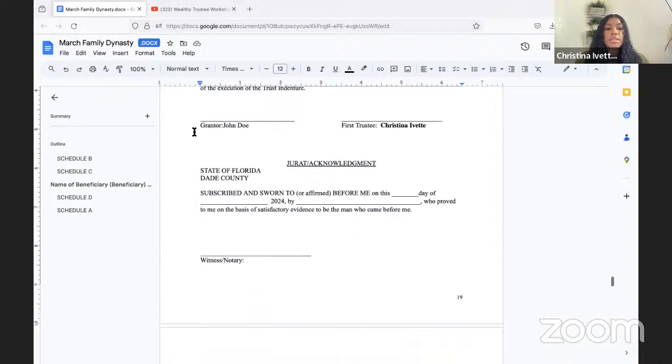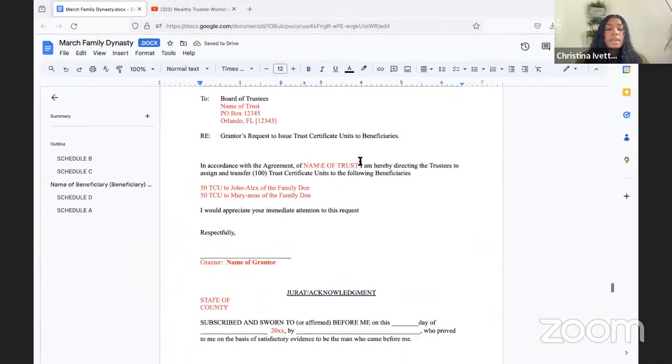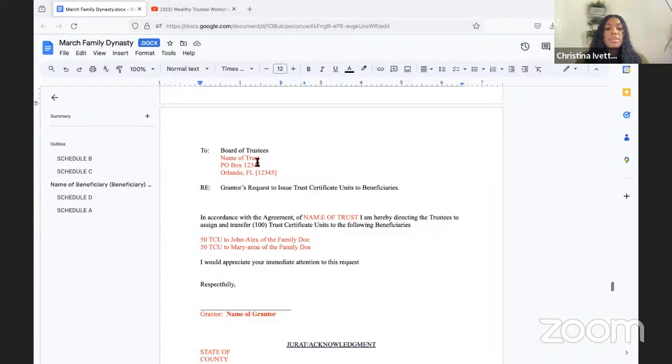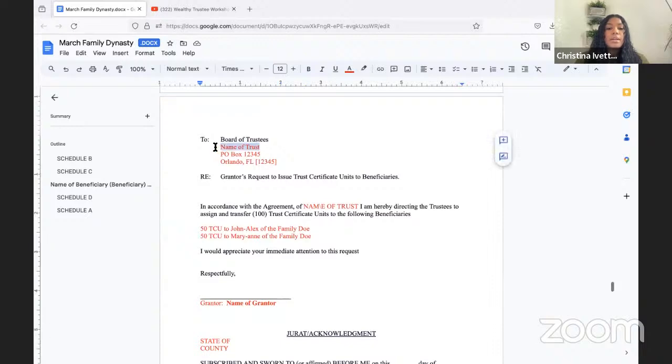These are the people who need to sign, right? So the grantor, John Doe, needs to sign, and the first trustee, Christina, needs to sign. This is the notary section. And then from there, we're going to the second page. Within the second page, we do have to put the name of the trust. So go ahead and put the name and the address. Like I told you guys yesterday, the address of the trust